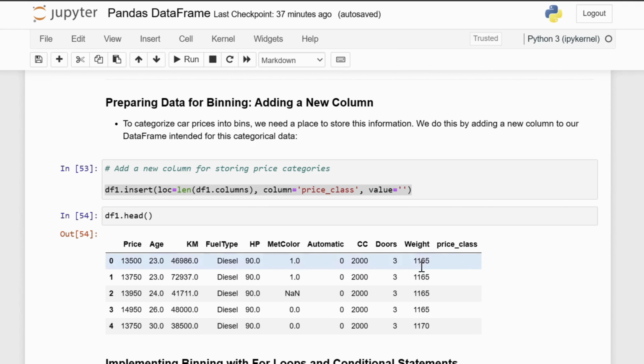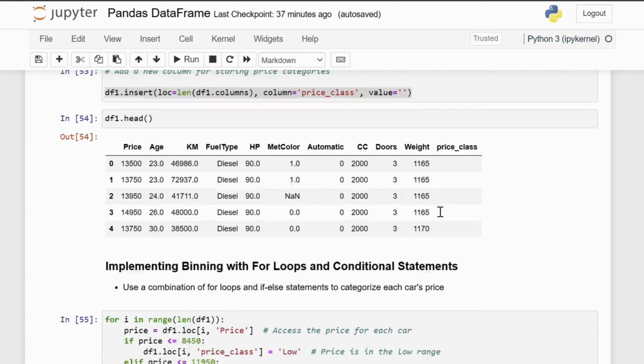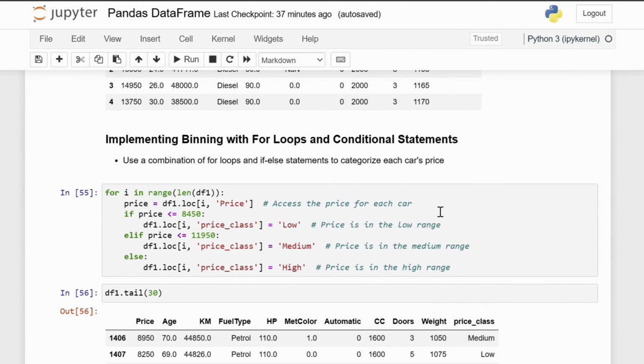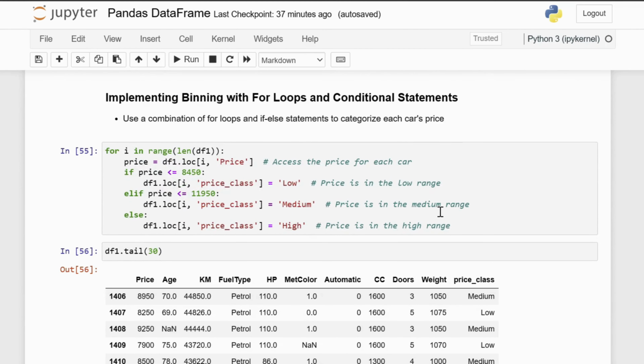Now, let's use a combination of for loops and if-else statements to categorize each car's price. Here's how you can write this. for i in range(len(df1)): price = df1.loc[i, 'price']; if price <= 8,450: